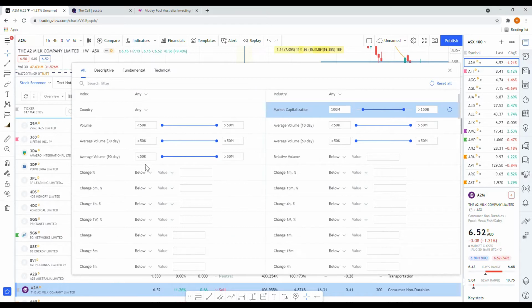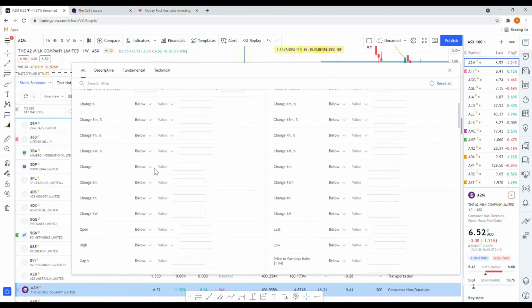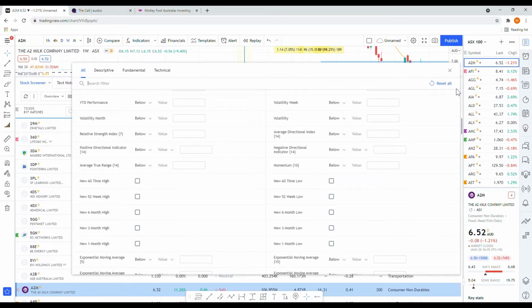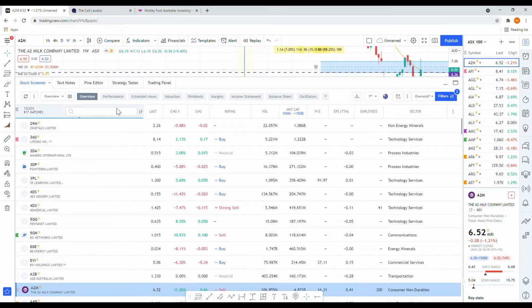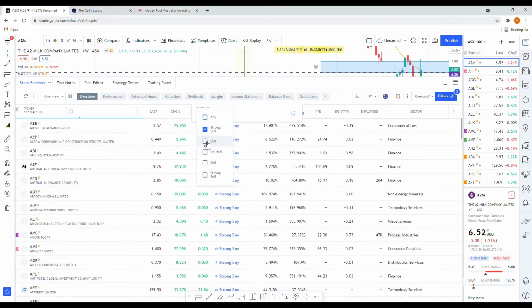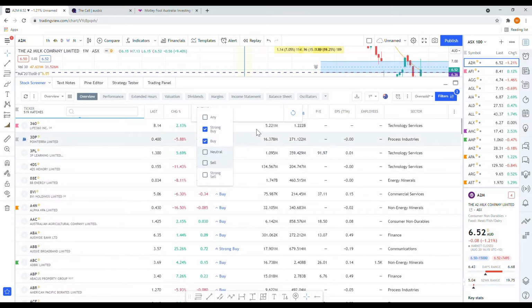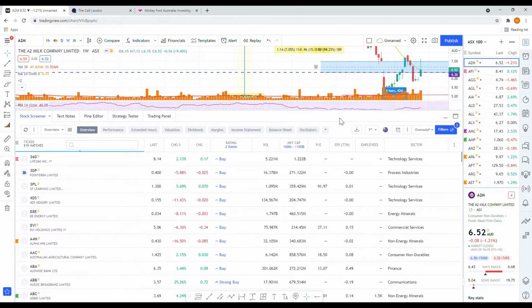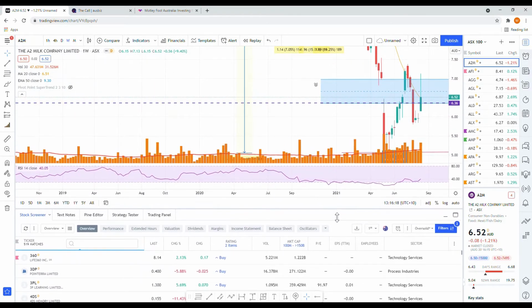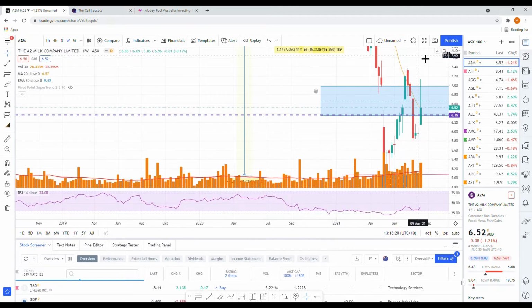Then I check this, then I go back here, and here it has the rating. Then I select buy, strong buy. This rating comes from TradingView. Then I have a look. For example, what I do after that is